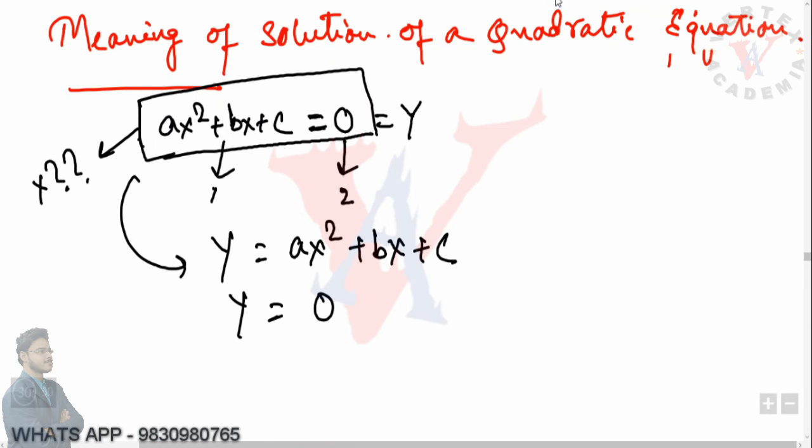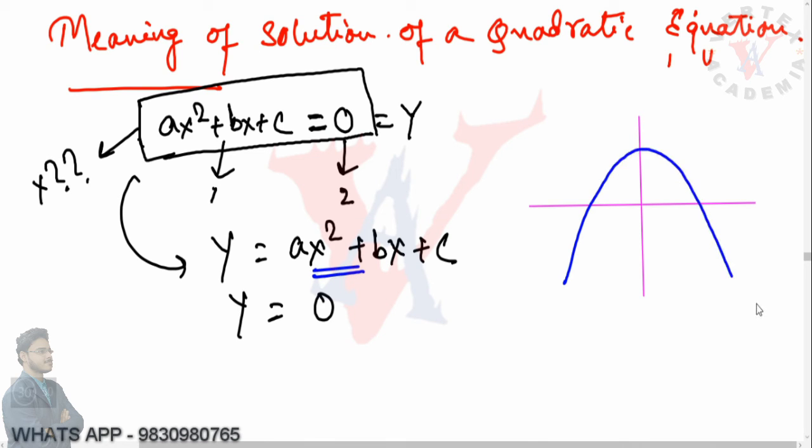let me draw a graph, you will come to understand. So here basically we are drawing two graphs. For example, y equals ax square plus bx plus c, we are drawing the graph and it comes something like this. And again we are drawing the graph y equals 0. Now y equals 0, I have said earlier, is the equation of the x-axis, so basically we are drawing two graphs, y equals ax square plus bx plus c and y equals 0.